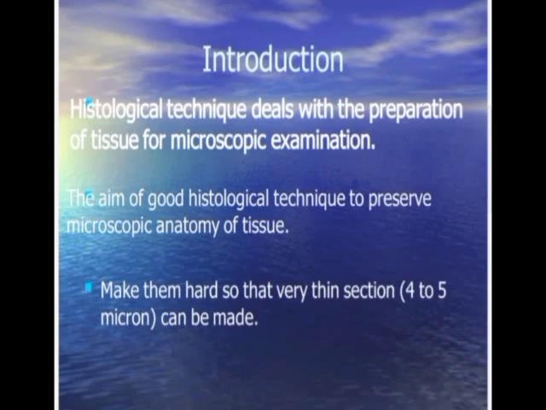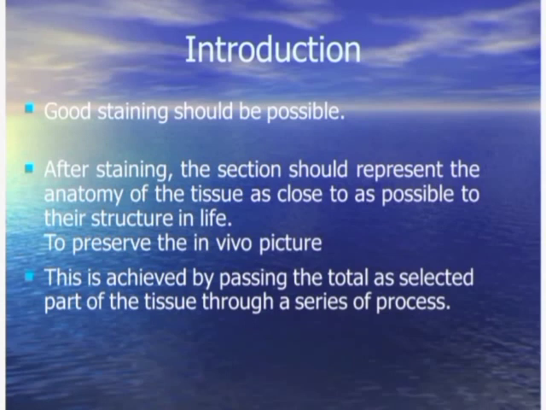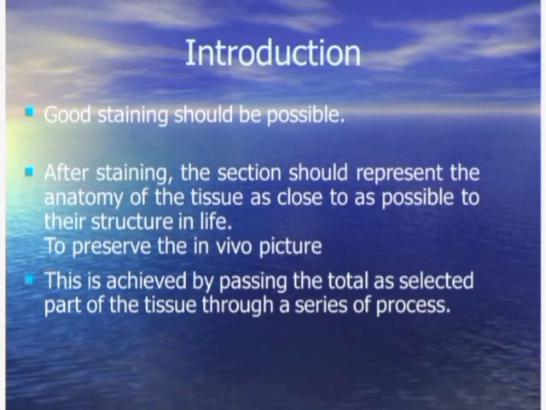These experimental animals may be the rabbits, or these may be the guinea pigs and mice, but usually we take the tissues from the rabbits because rabbit is a mammal. The structures and the tissues of the rabbit resemble the tissues and structures of the human being. So in the paraffin wax method, the first step is the removal of the tissues from the rabbits.